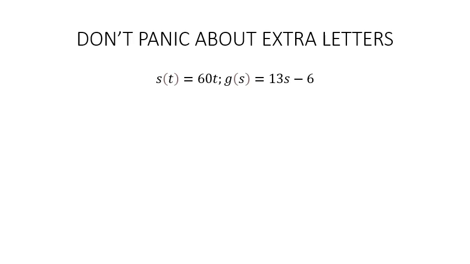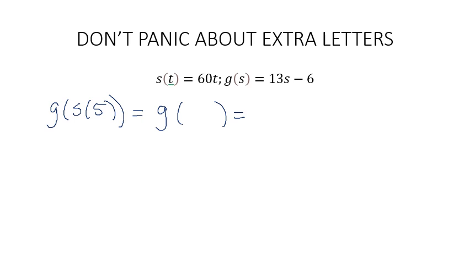Here's an example of a pair of functions with no x's. They have different letters this time. But I can still compose these two functions, g and s. So if I was asked to find g of s of 5, this is an evaluation, so I can simplify this inside first, find out what s of 5 is, and evaluate that. S of 5,